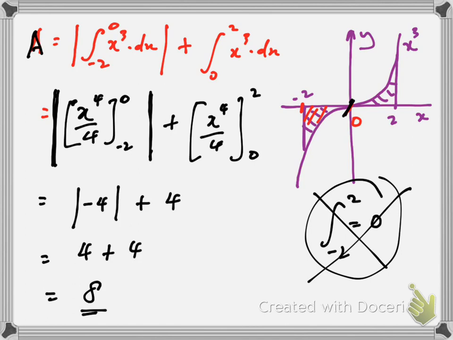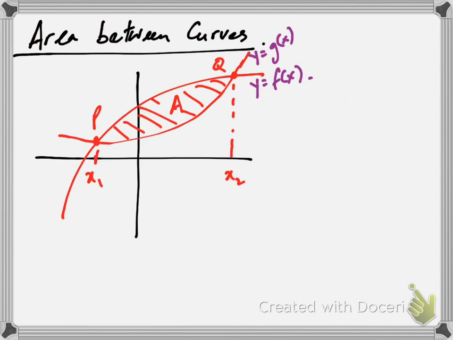So make sure they are all positive before you add them up, and you get the total area. Okay, cool. Let's have a look at area between curves. So let's say you've got two functions. One of the functions is, let's say, y equals g of x, and y equals f of x is the other function. And therefore, if you want to find the envelope or the area between them,